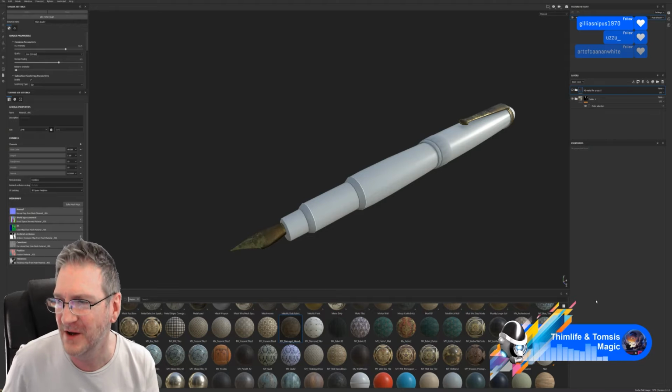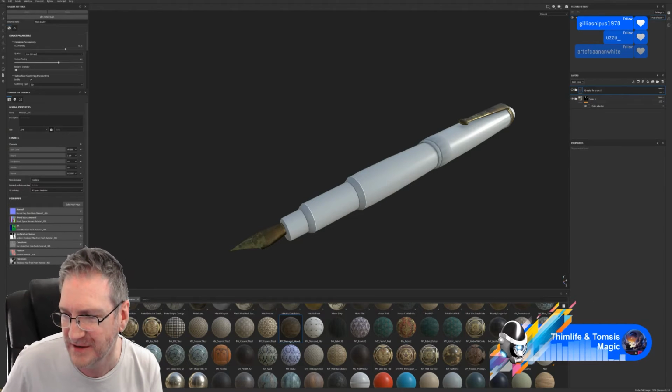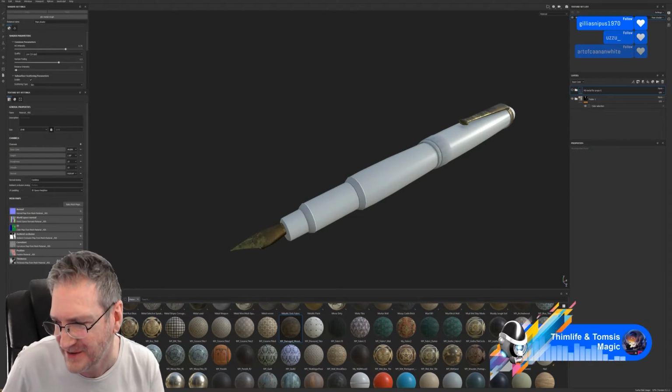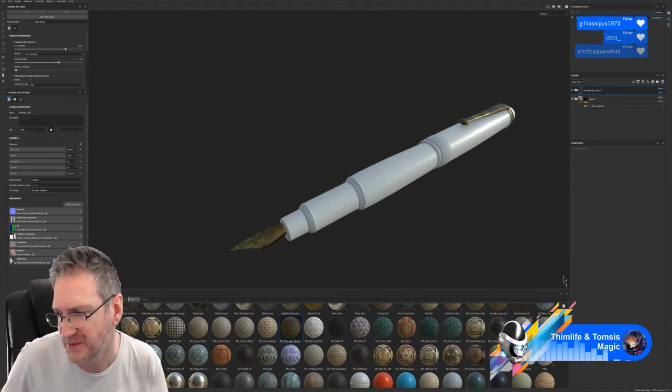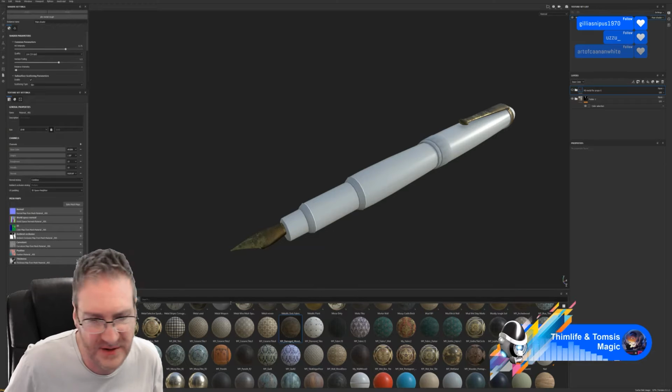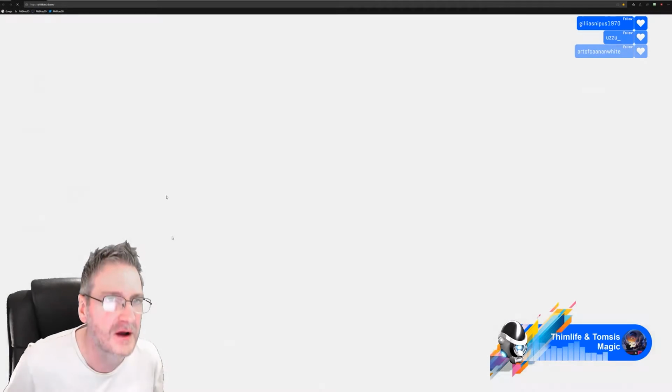Hambone says, made my first gallery post. It's nothing special. Let's have a look. Don't think if you post in the gallery I won't see it, because the Discord is open while I'm working. Because I want to show some images that Android last posted of a car that he's working on, stylized cars. They look really cool. Hambone says, just a little stuff with my basic 3D rendering engine. Use some basic models using Blender with basic materials. I'm moving objects as child of other objects. Okay, cool. Let me just copy this link. I normally wait till the end of the stream to show the work, but we can do it now.